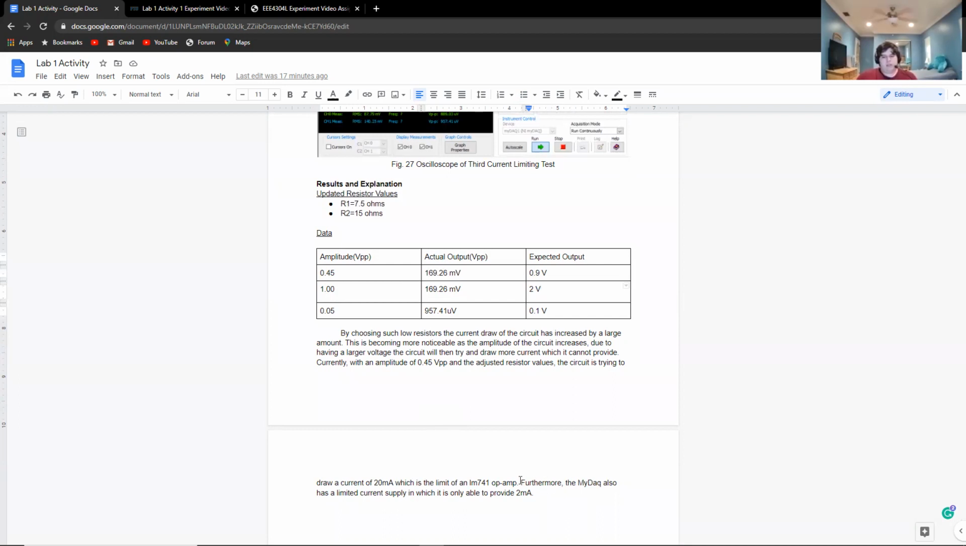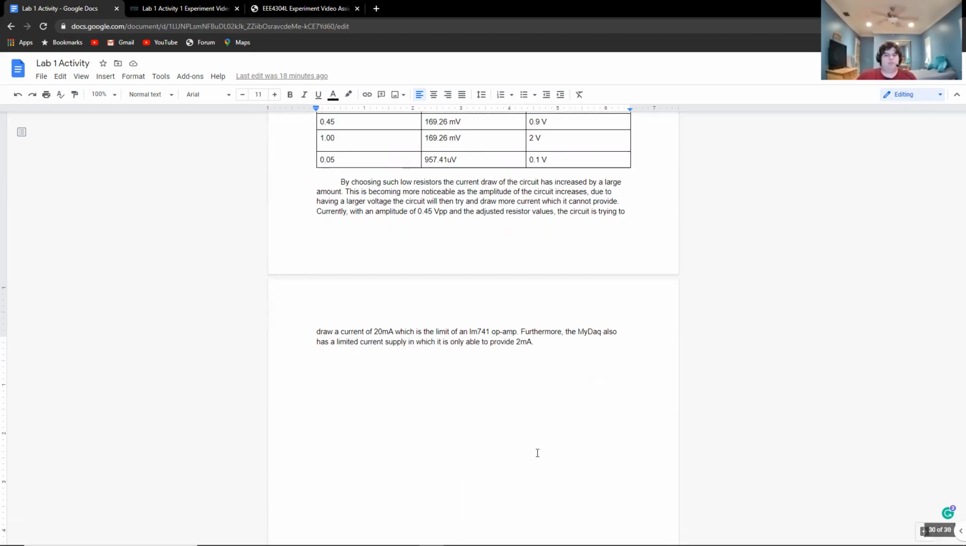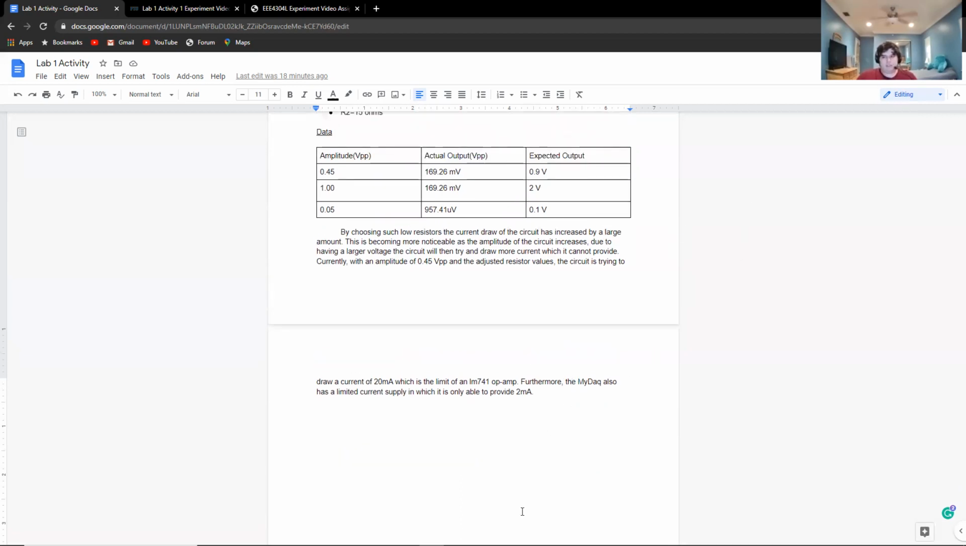Also, something I want to add was that the MIDAC has a limit of 2 milliamp supply current. So even then, we were asked to reach a 20 milliamp limit, but the MIDAC only gets to 2 milliamps anyways. And that's what we did for our